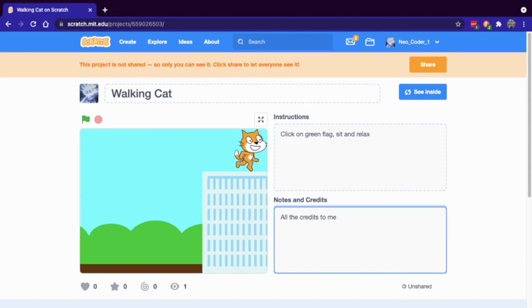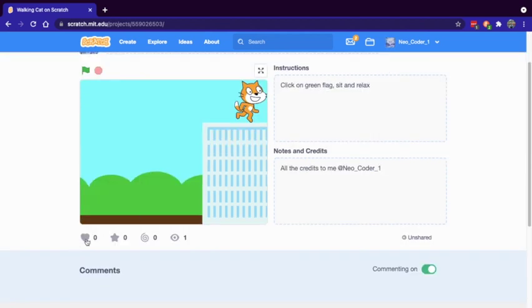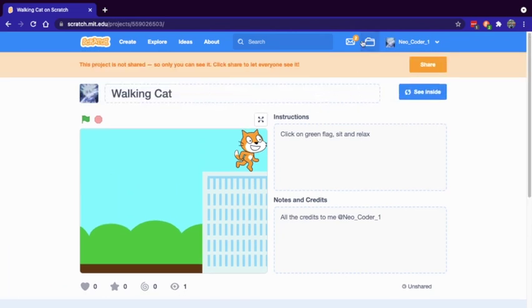And you can also type the name, like @ your ID. Okay, here your username. NEO_CODEER and _1. So it is created. Now when you have done that, if you want to share the project on the website, just click on Share. It will get shared. I am not sharing it. If your project gets too popular, like if you get too many hearts, stars, remixes, and views, it will be on the front page of the website. So I am not sharing it, you can share.